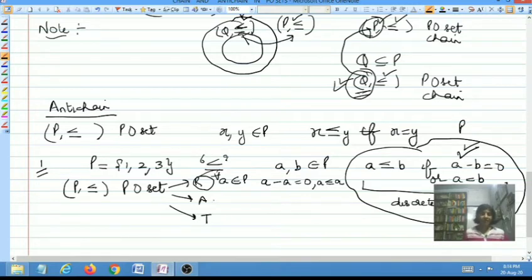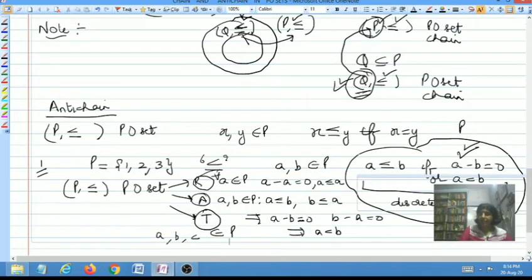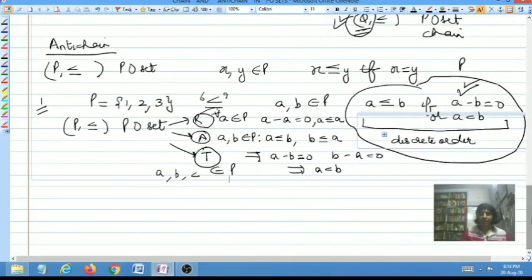Then again antisymmetry is satisfied. Why? Because if you pick any 2 elements A and B belonging to P such that A is related to B and B is related to A, then by definition of less than equal to, A minus B will be 0 and B minus A will be 0, which means A equals B. And transitivity is also satisfied, because if you pick any 3 elements A, B and C belonging to P,